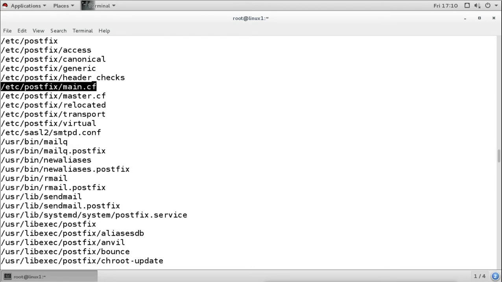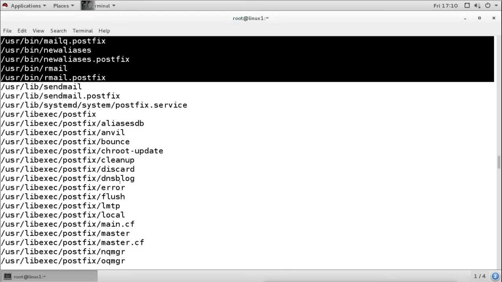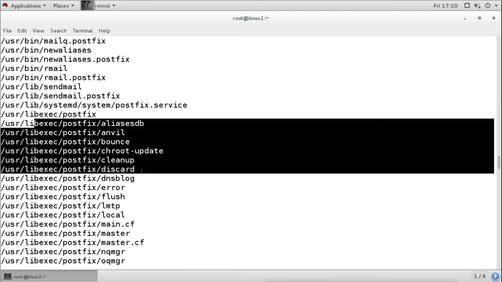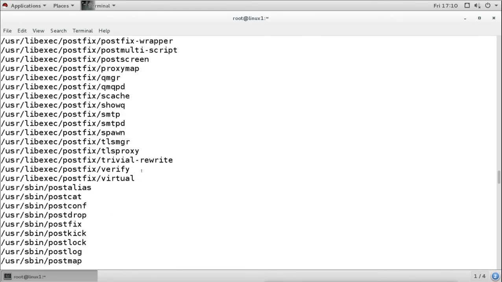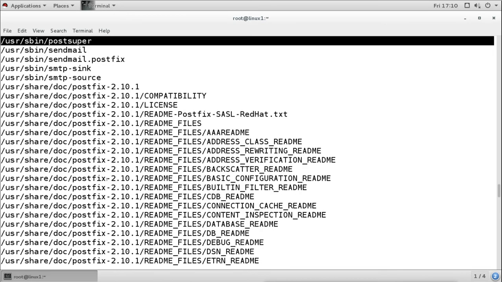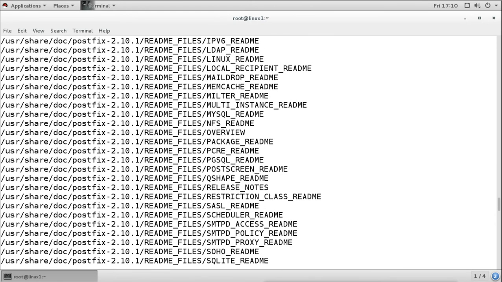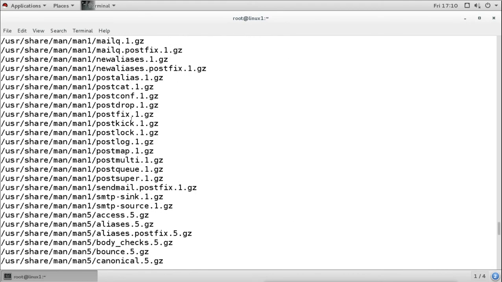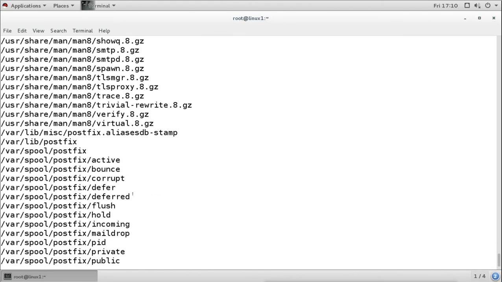Then we have some commands here to check the mail information. Then we have the library files here. We have some sbin commands also. Then we have the documentation here, a lot of documentation, man pages for the commands.